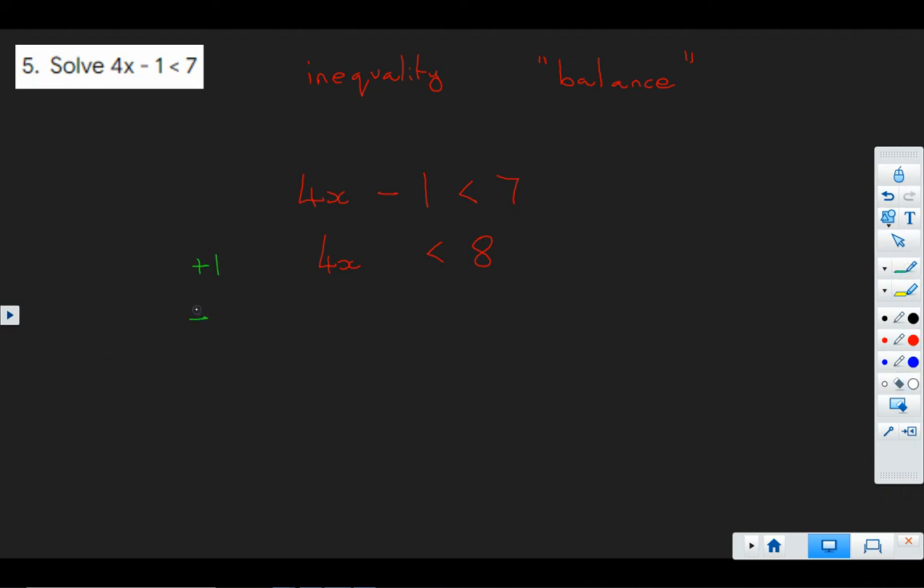So to both sides now I can divide by 4, which tells me very nicely that x is less than 2. And the nugget for me to go and practice there is